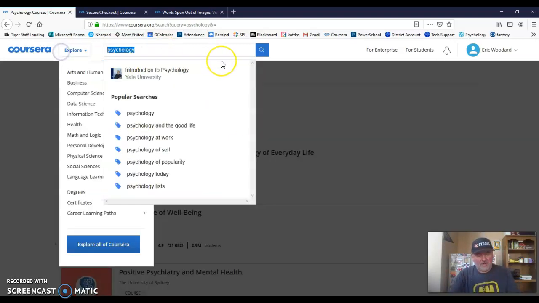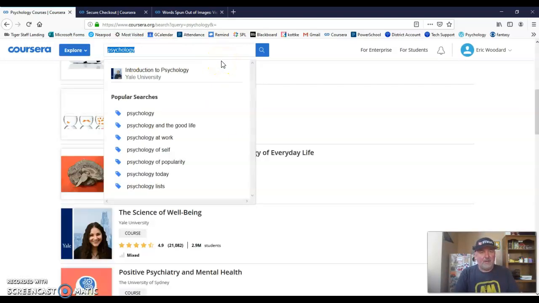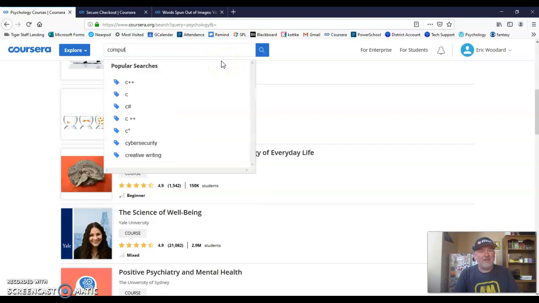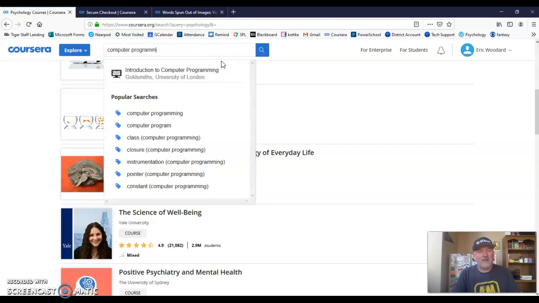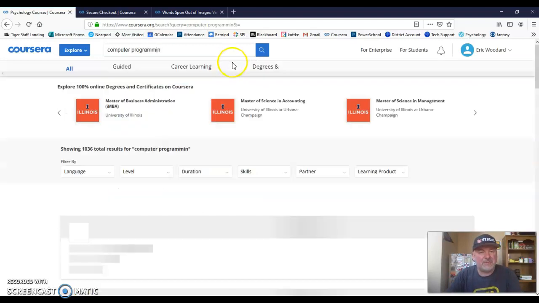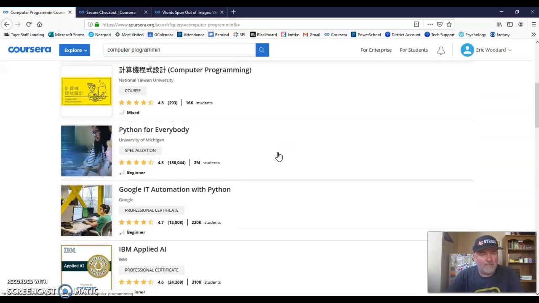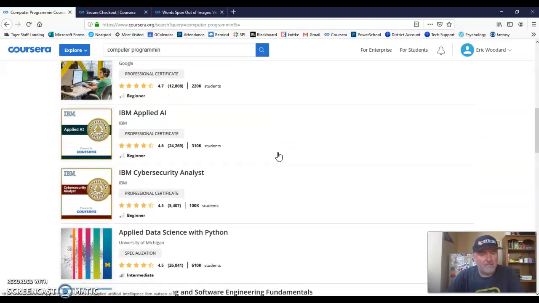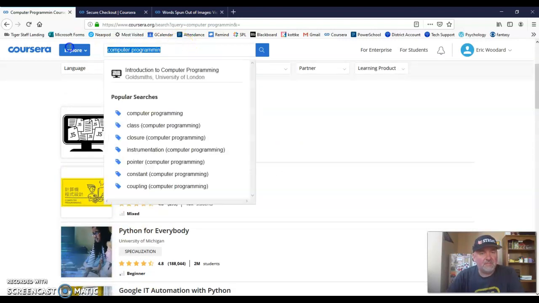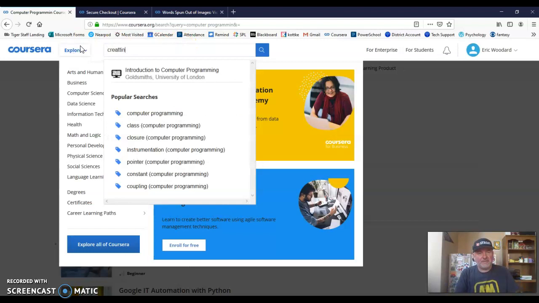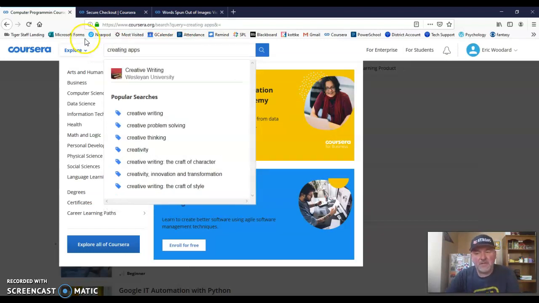You can search computer programming. I don't even know if there's one that shows you how to make apps. Oops, forgot the G. Programming. I want to do some computer programming. Let's see. Creating apps. Oops. I haven't had my first cup of coffee yet today.